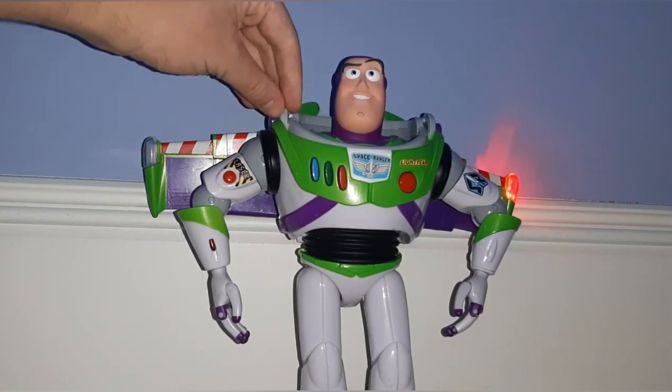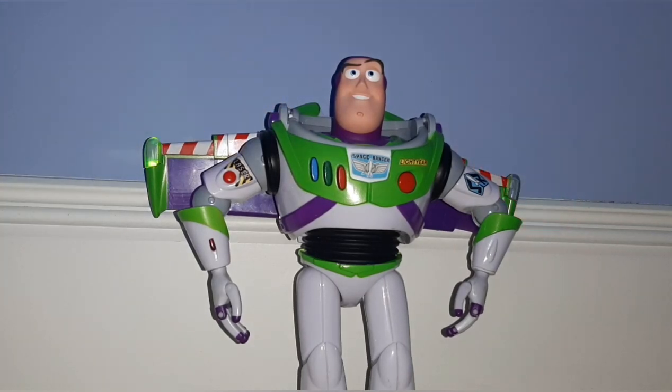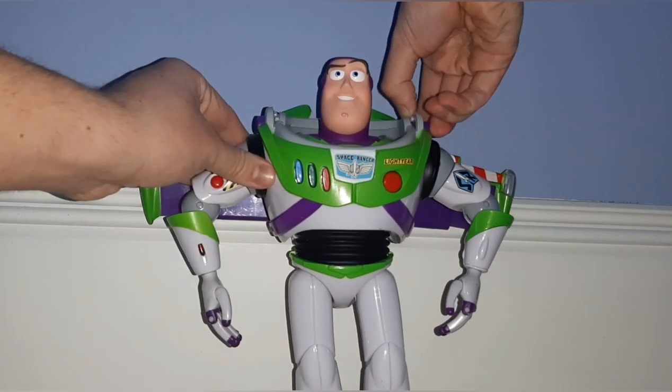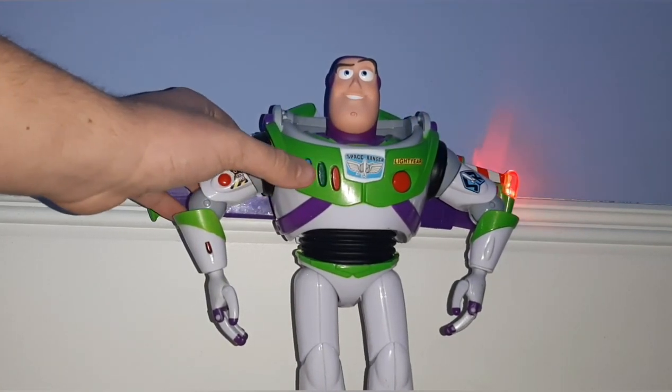So those are his talking features. Another thing, when you open and close the helmet, there's like... So when I took mine off, I discovered there's like a little button here, so... Also, he does talk when you open and close his helmet, so...